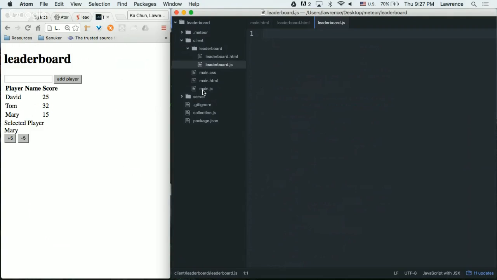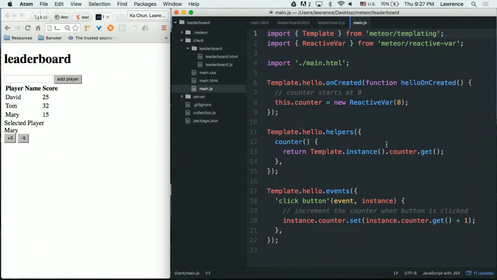Now, if you go back to your main.js, I'm going to show you something. Main.js is really daunting. There are a lot of alien words in there, but I will tell you that most of this is useless for our level.